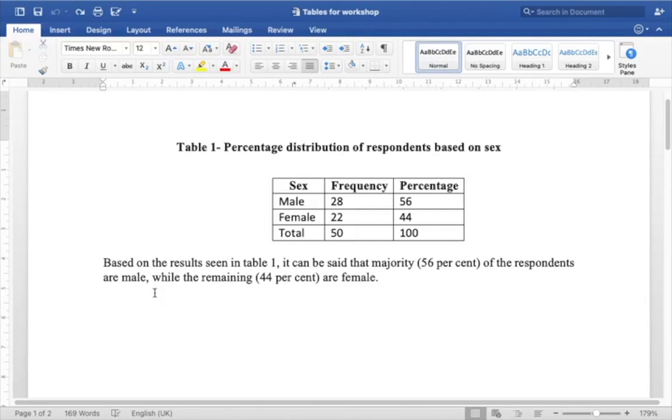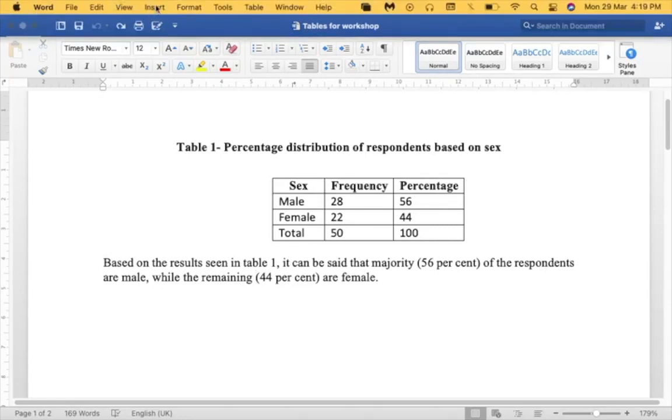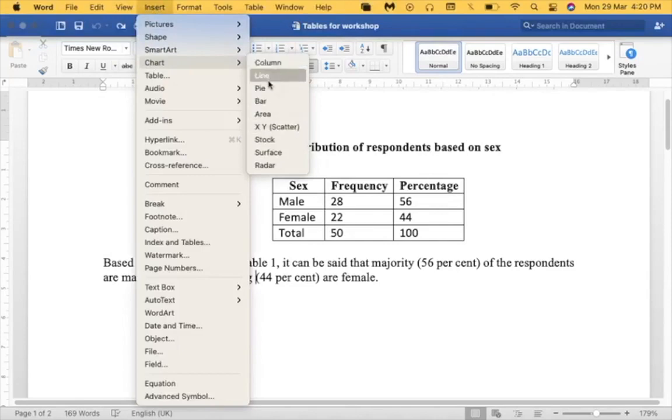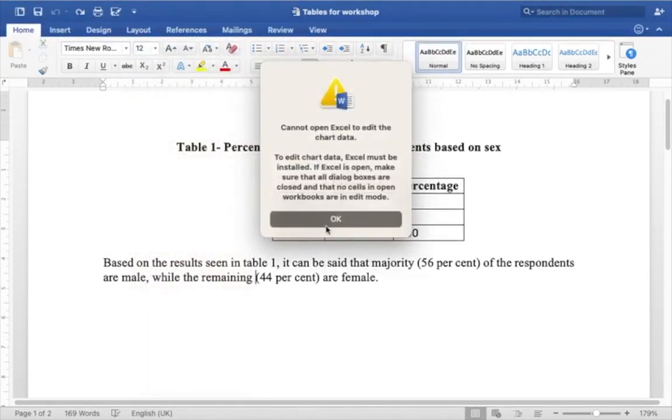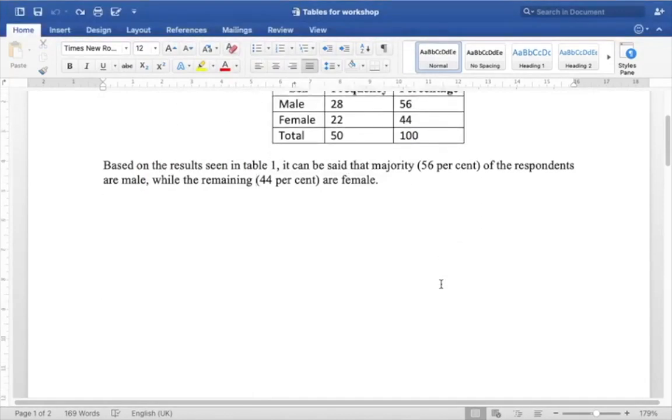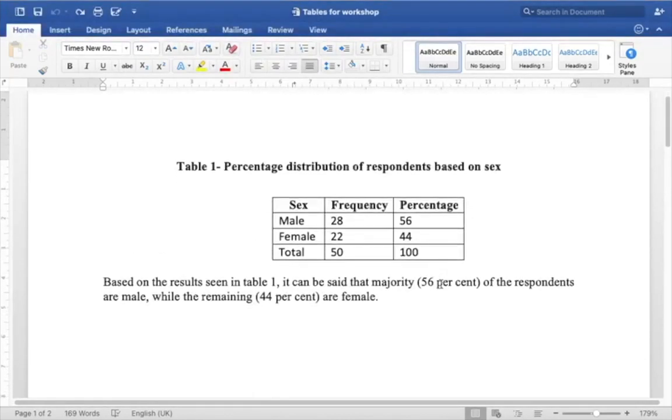For a pie chart, we can put it in an Excel sheet, and Word also is there. See, I will show you. Insert, here you have chart, and here you have so many options. Pie chart is there, see. Currently there is some issue with my Excel, but you can insert it in that. I tell all my students to do that. So, that is it.